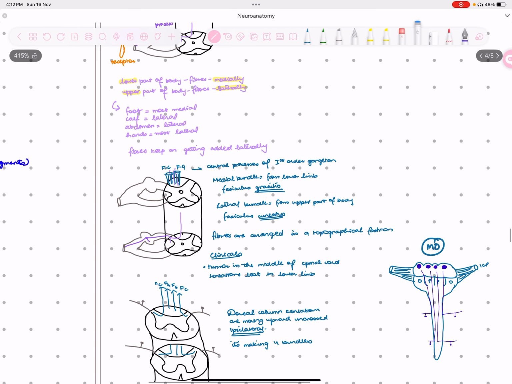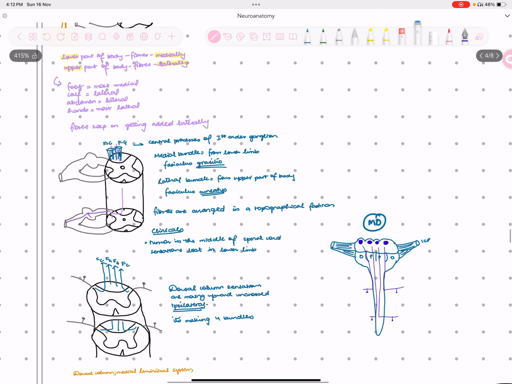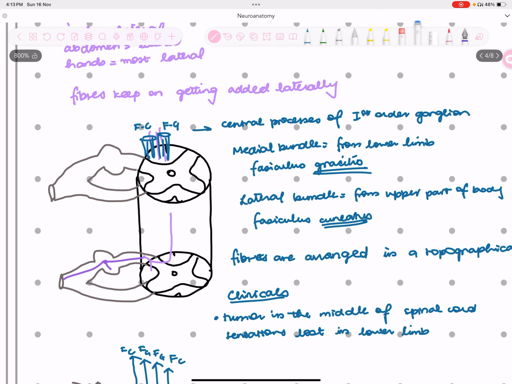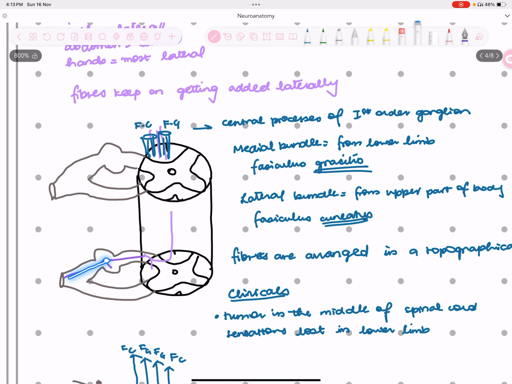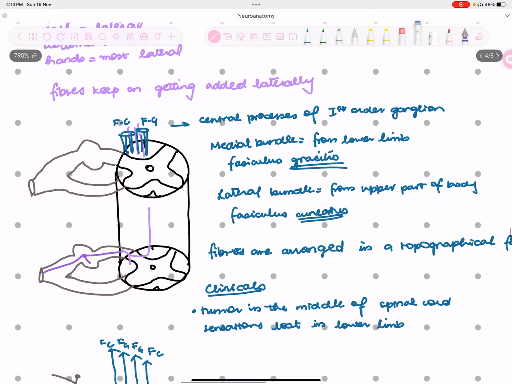Now, what happens is that, if you talk about the first order and second order neuron, why haven't I mentioned that? But okay, I'll explain that to you as well. The first order neuron originates from the dorsal root ganglion and it's coming here and it's going to terminate here. And then the second neuron begins from your dorsal gray horn and it's going to go into the dorsal white column. And from the dorsal white column, it's going to ascend further. And all the ones that are added as we go up are going to be added laterally. So the medial-most is from the lower limb, right? As the central process